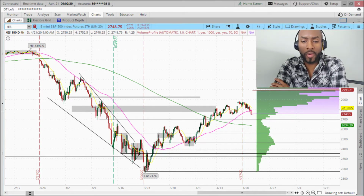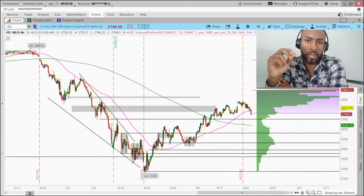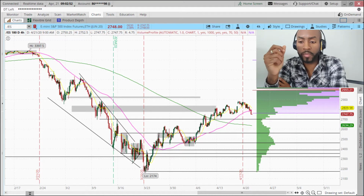And we really are in such an interesting environment because you have to be nimble and always looking for the nuances, the slight changes in market participant behavior to give you a clue or a tip-off, as I like to call it, as to the direction of price action in the short term. Because that's all that anyone can reasonably do given the type of volatility that we have playing out in the